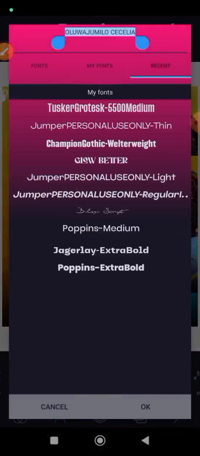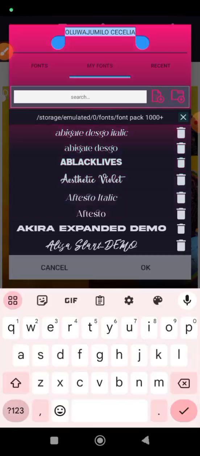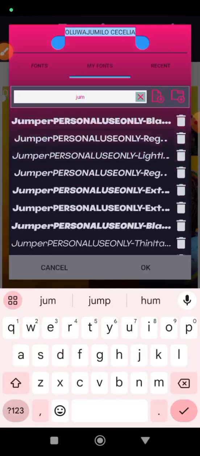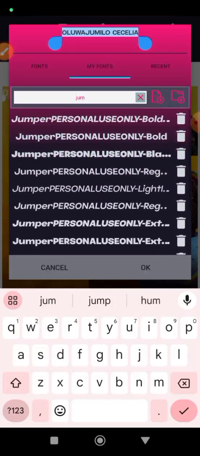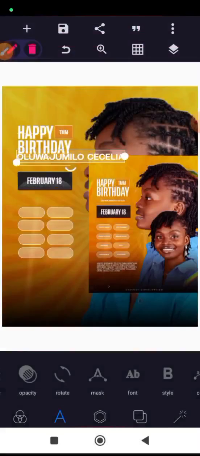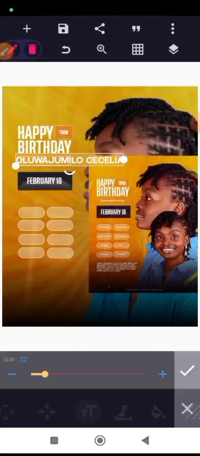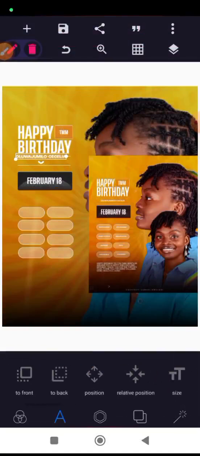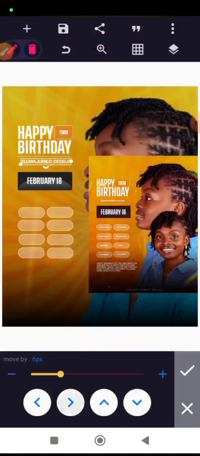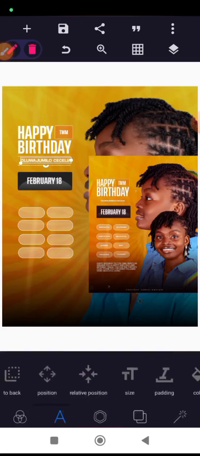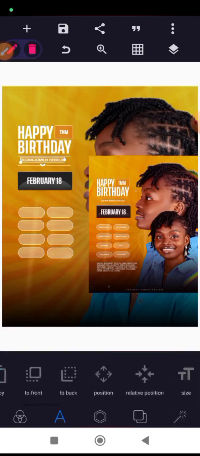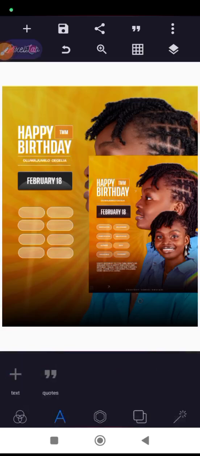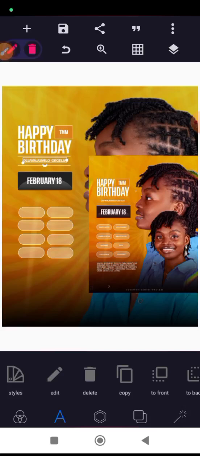So I use this jumper fonts, but not the italic jumper. So let's use this. Size 13. Okay, now